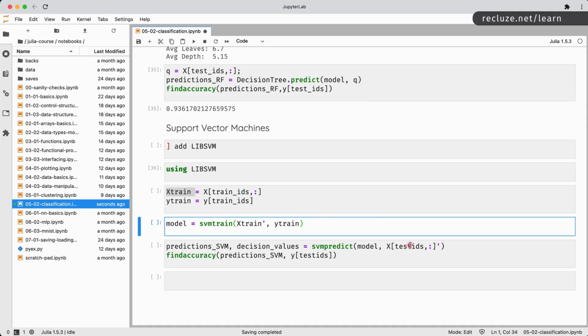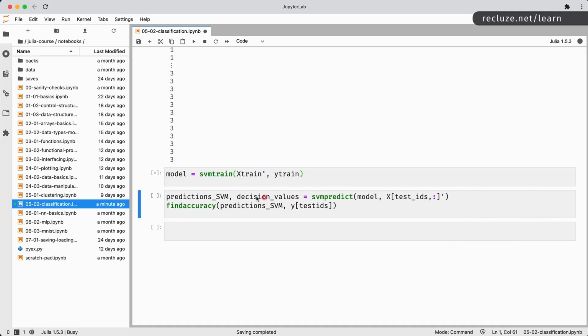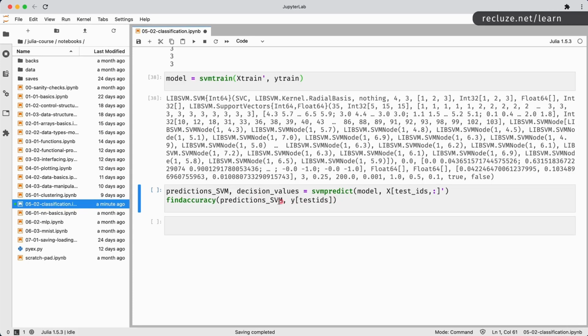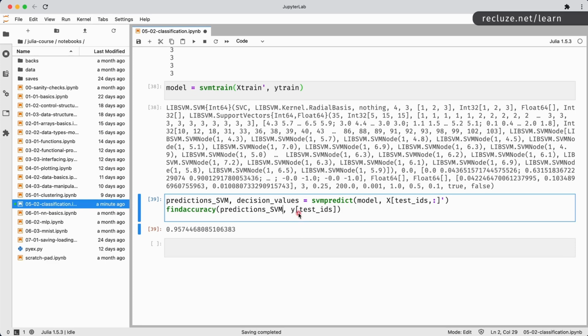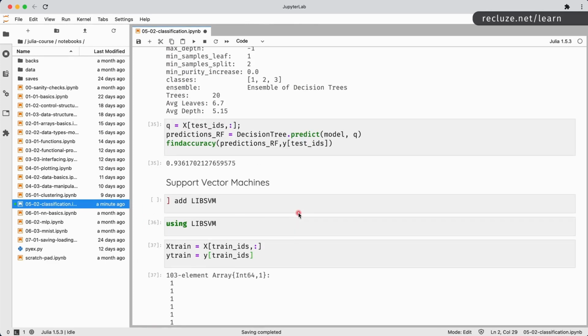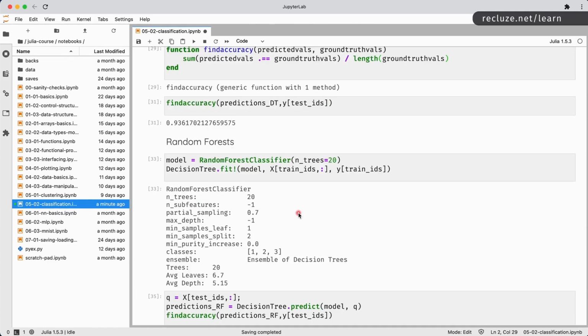Okay, and we can go ahead and do the learning, and then we can do the accuracy test as well to see how libsvm does on this data set. Okay, so we get 95.74 on libsvm really quickly. So people don't typically do these traditional machine learning models, but if you do want to do that, you can see that the code is very clean, very straightforward. You can work with this.